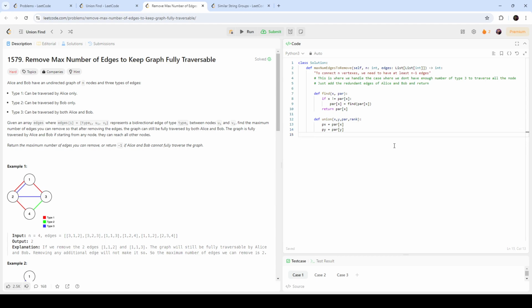I'm sorry. So if rank px is larger than rank py, right? We just simply say that the parent of py is px, and then we increment the rank of px by 1. Else